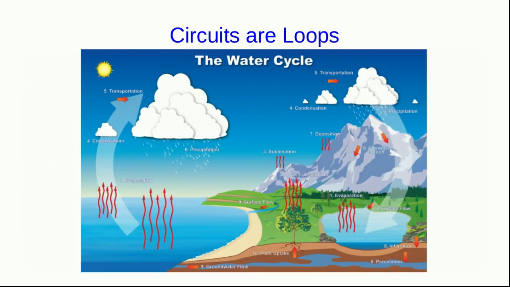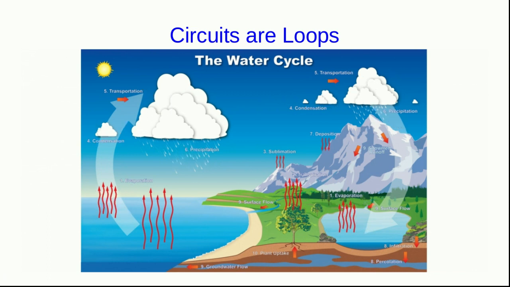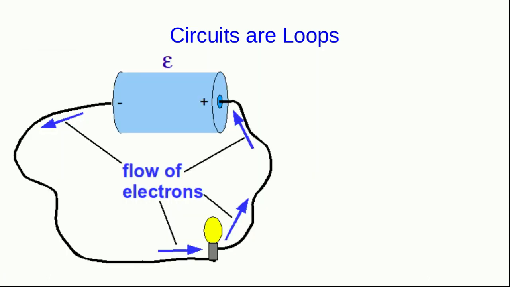Notice that what we're now talking about is a cyclic process. Think of something like the water cycle, where if for some reason the evaporation stopped happening, there would no longer be a supply of water to condense into clouds, to be transported elsewhere, and to precipitate out. Removal of any part of the process stops the whole process. Circuits are just like that. The electrons have to be able to flow all the way around the circuit. They have to leave the negative terminal of the battery and eventually arrive back at the positive terminal of the